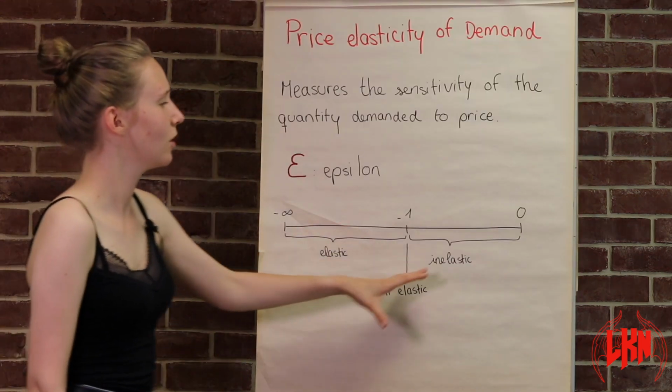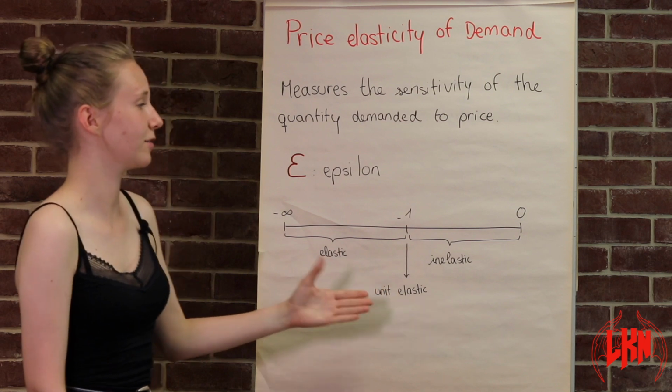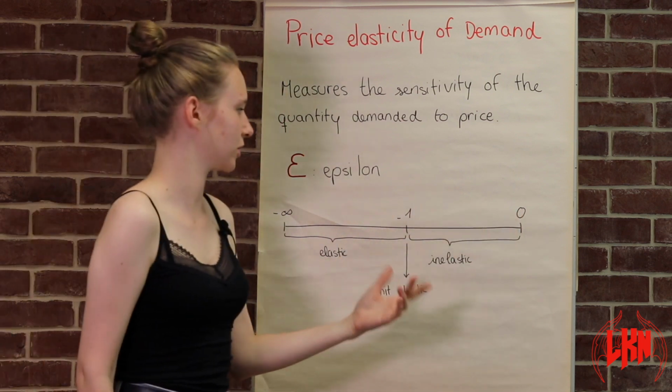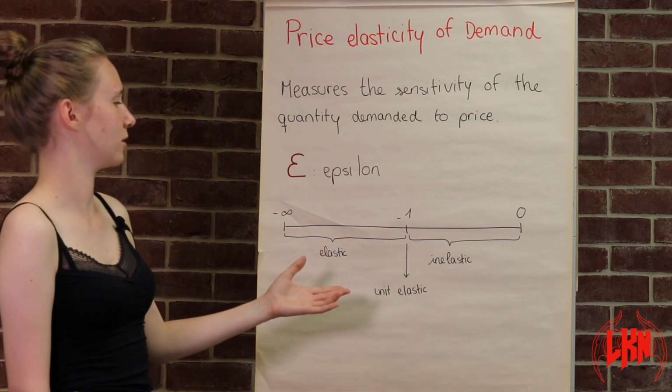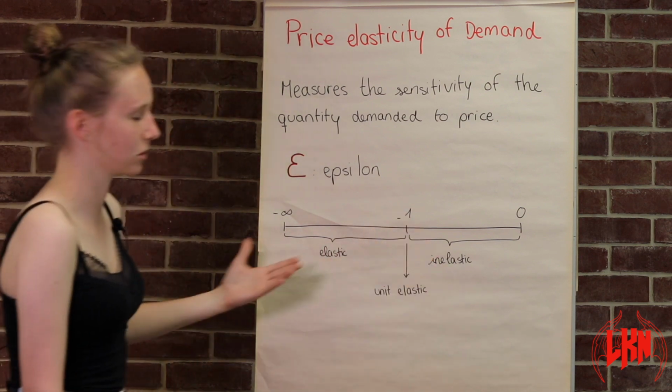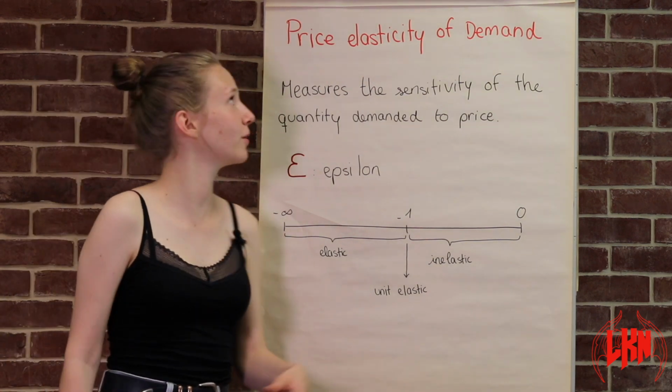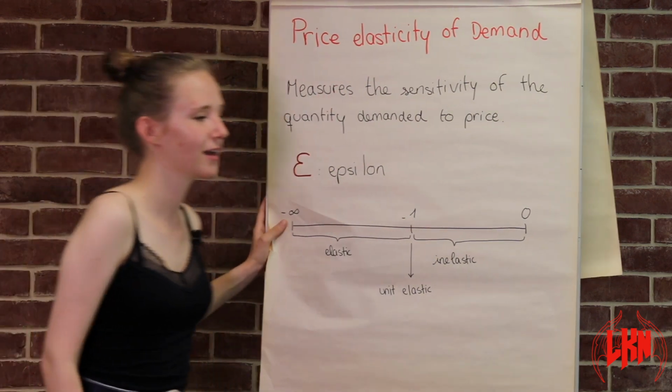Let's go back to our first slide. As we saw, when the price elasticity of demand is between 0 and minus 1, and here we have minus 0.33, then the demand for the good is inelastic. So the demand for milk is inelastic. And this is the conclusion of our video on price elasticity of demand. I hope it was useful and see you in the next video.